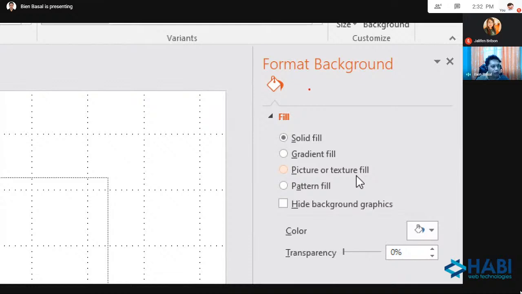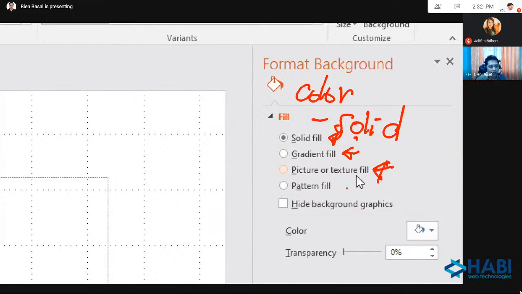First, meron kayong solid color po. And meron kayong gradient. Ang gradient po is combination po ng two or more colors na pwede po ninyong gamitin for background. And we also have here texture fill and yung pattern fill. Mga pictures po yan na pwede nyo rin po magamit for background.